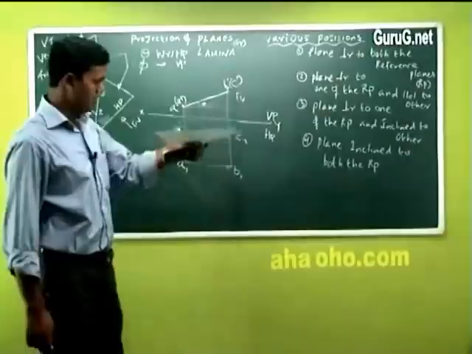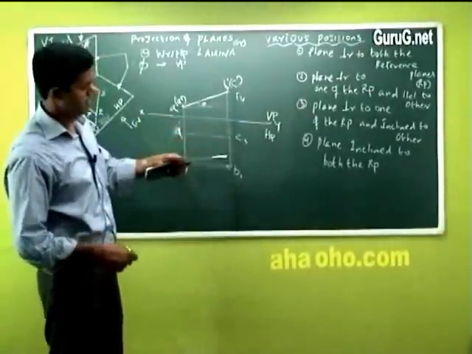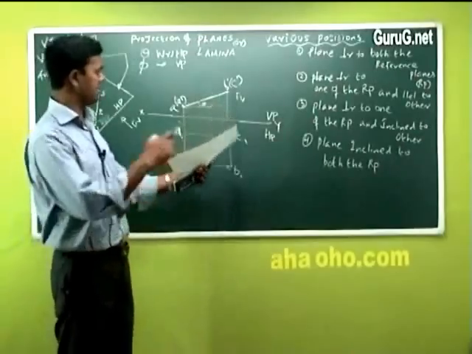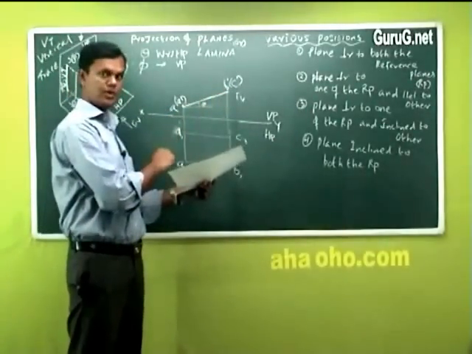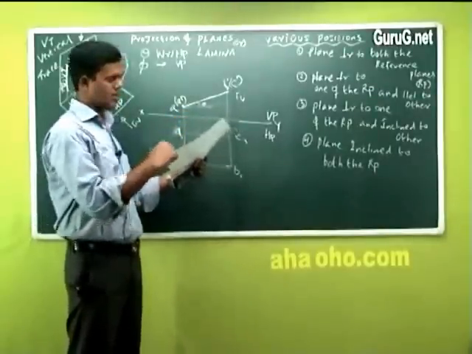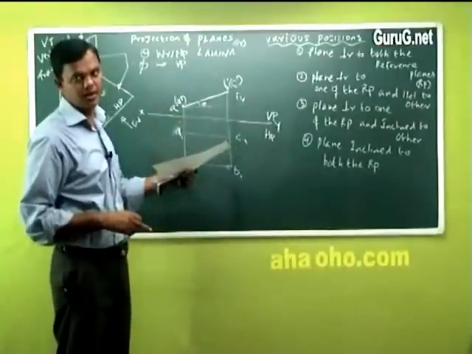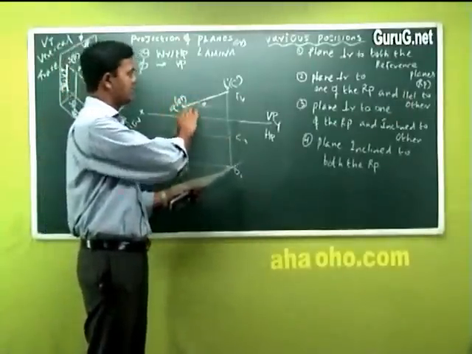Now what is this one? It is a plane perpendicular to VP but parallel to HP. That's what we made, inclined to the other. The inclination is shown here. Okay? But we should draw it in a different manner to show the total area, because you cannot leave the inclination like this. This is not a line diagram. It is not a line. You should show this inclination.